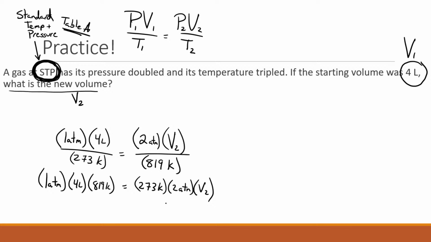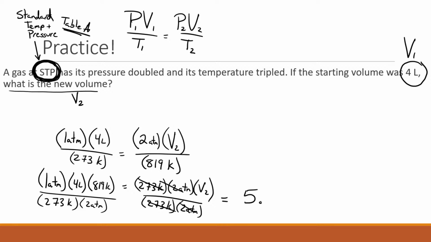I need to get V2 by itself, so I'm going to divide both sides by 273 Kelvin and 2 ATM. That's going to mean that this whole fraction is equal to V2, which is equal to, when we solve it out correctly, 5.99